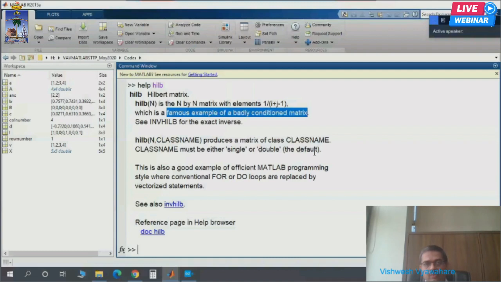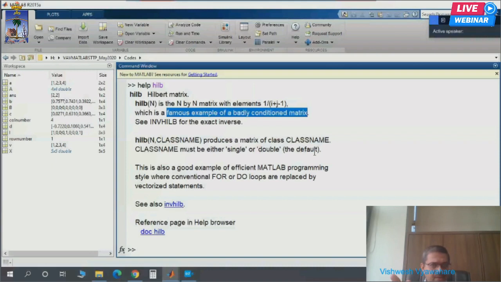How close that matrix is to making my numerical method go divergent: badly conditioned, ill conditioned. So if the condition number is very high, you can say that the matrix is badly conditioned or badly scaled, basically.